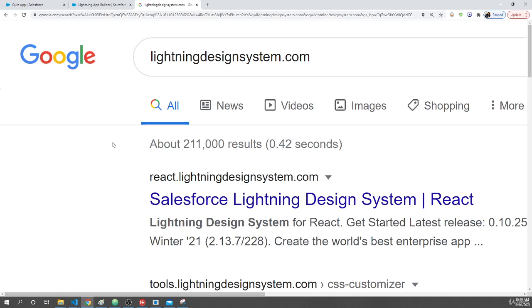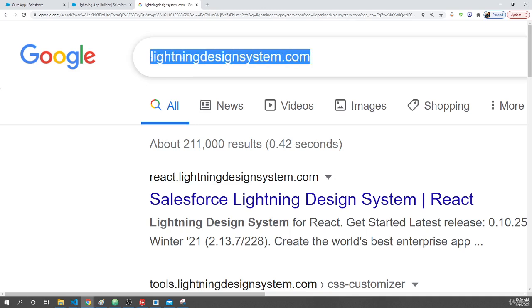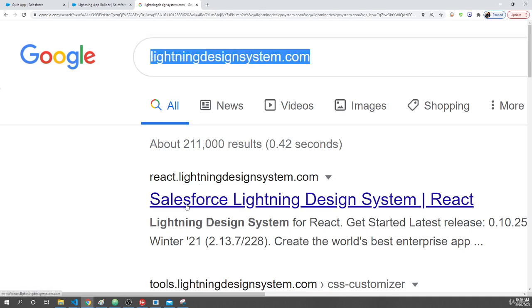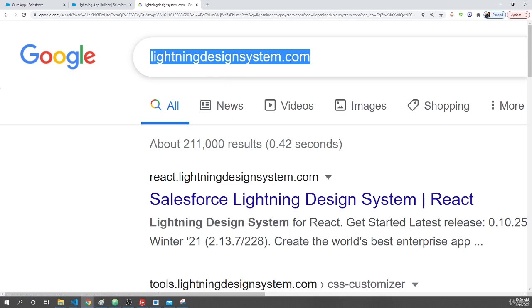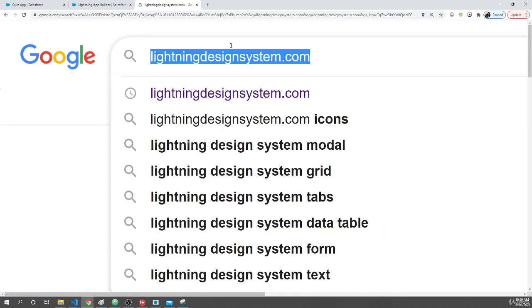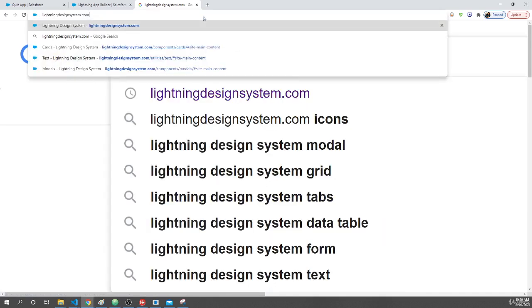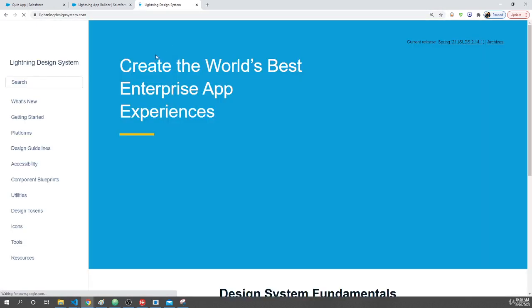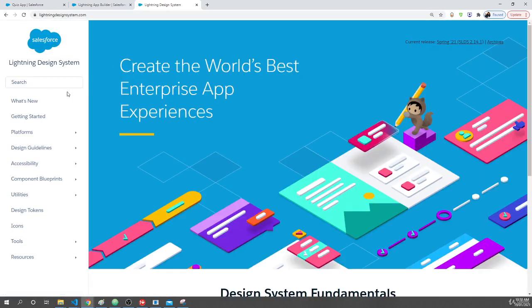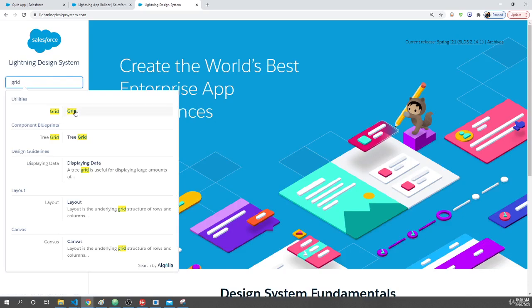So in Google you can type lightningdesignsystem.com, but make sure you will not pick up the React Lightning Design System. This is specific to React. We are looking for the Salesforce point of view. So you just copy this, or you just type this URL in your browser and hit enter. It will take you directly to the Lightning Design System library, and here you can search for the grid. Select the grid,